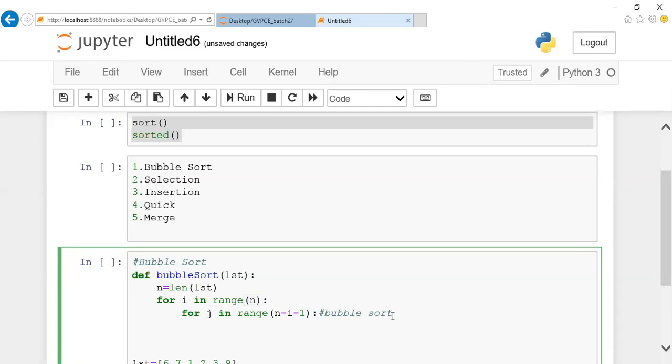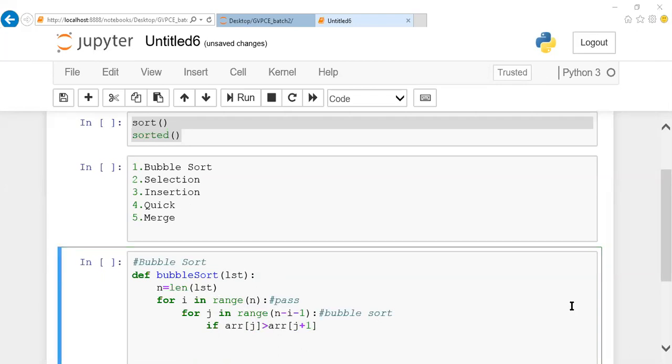Okay, now let us go ahead with the comparison. Here I'm going to compare if my array of j is greater than array of j plus 1. Is that clear? The number of passes is taken care of by this particular loop. So I'm going to have n minus 1 passes. But here your j loop will execute n minus i each time. I don't want to go to the end of the data, but one step before it. The reason is, one step before, in the sense, what happened?